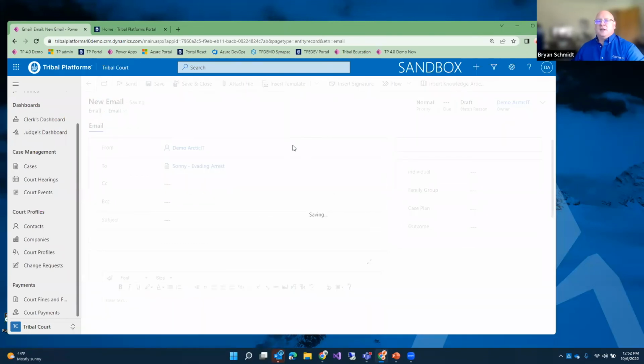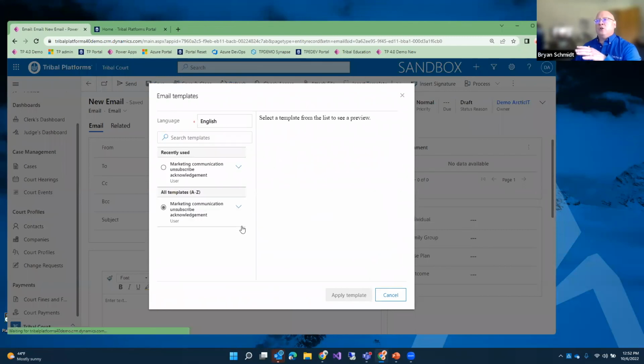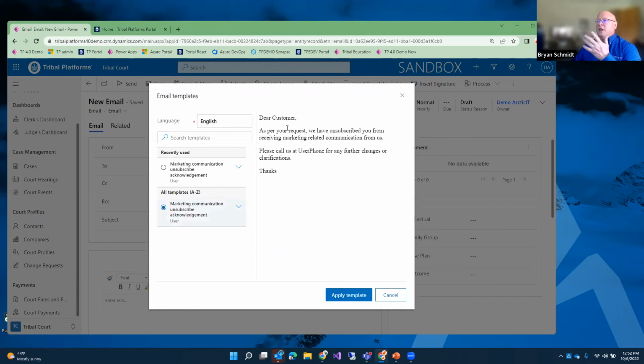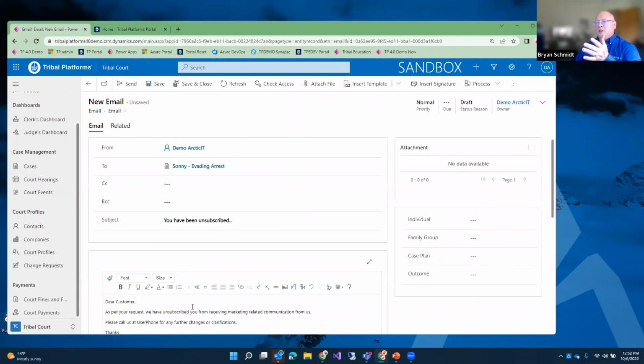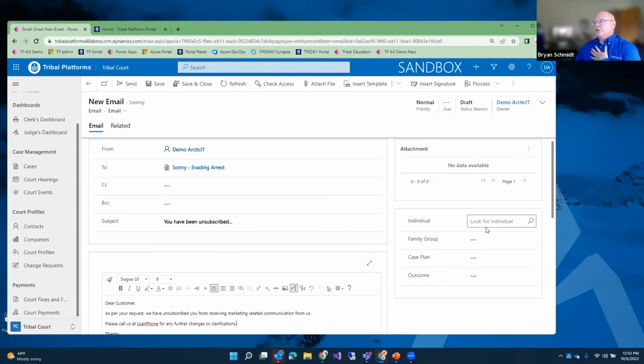I can upload and define different email templates for standard communication. I don't have any loaded in this environment, but it gives you the idea: you pick one of these templates, and it automatically fills in the information and applies it to the email. Then I can go in and edit it however I want. So yes, it can email directly from the system, and it goes out as you. It knows who you are, and connects through your organization's current email system.